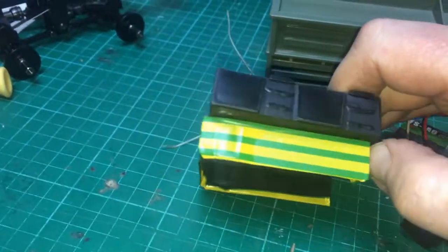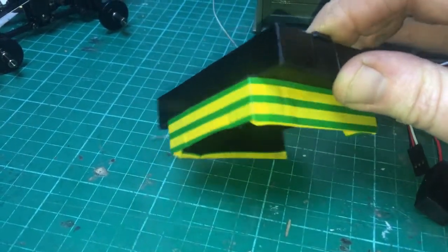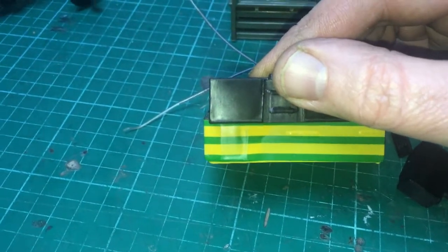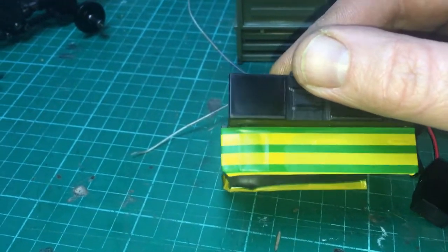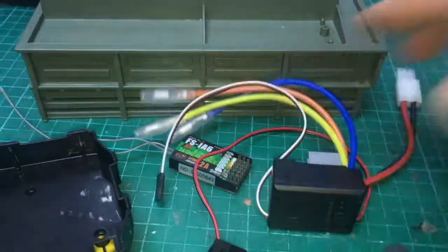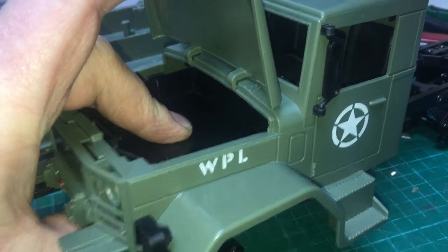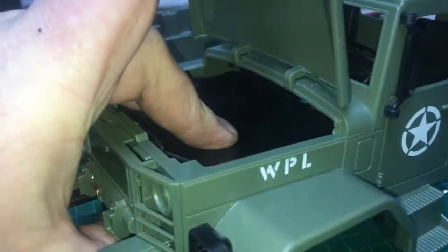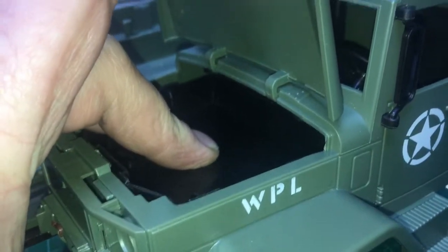Here we go, so I've put my earthing tape around the bottom part of this plastic tray. I'm going to cut to the bottom of the middle green line, and that should take about 5mm off the bottom of the tray to lower it down to hopefully fit this big chunky ESC inside. Okay, there we go. I've trimmed about 5mm off the bottom of that plastic tray, and I've obviously trimmed the mounting posts that come up from the